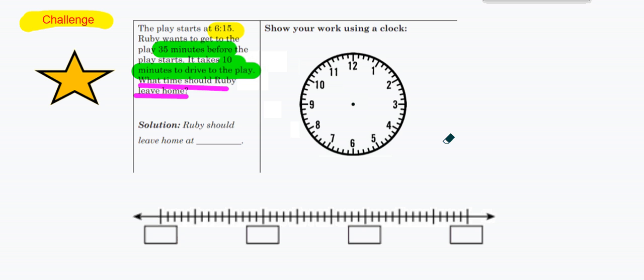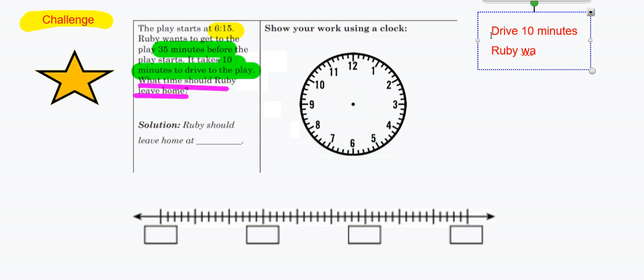So for that, you're going to have to write it down. The drive is 10 minutes, right? And she wants to get there, right? Ruby wants to be at the play